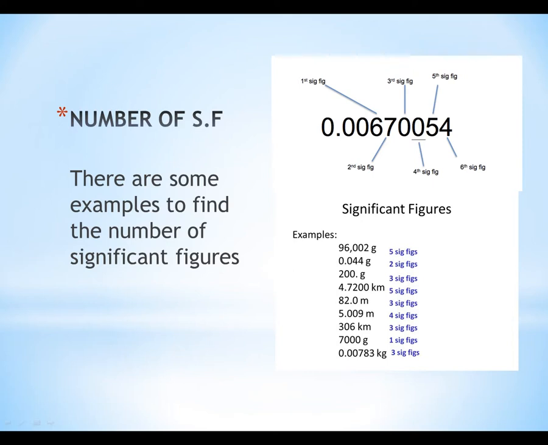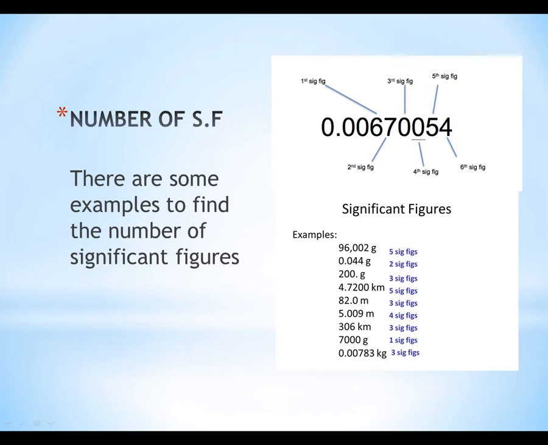And according to rule number 2, all the zeros between non-zeros are significant. It means that these two zeros are also significant. And according to rule number 3, all the zeros after the non-zero, here is no such zero, so rule number 3 is not applicable here. And according to rule number 4, in the decimal, all the zeros before non-zeros are not significant, so it means that these 3 zeros are not significant. So the significant figures are 1, 2, 3, 4, 5 and 6. So there are 6 significant figures.